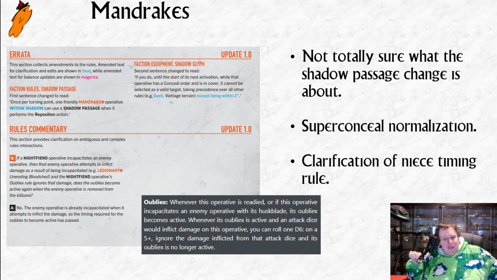The Shadow Glyph is the Super Conceal normalization. And then we've got a really niche timing rule. I'm not sure how somebody asked this question. It's very stupid. Question. If a Night Fiend operative incapacitates an enemy operative, then the enemy operative attempts to inflict damage as a result of being incapacitated, such as the Legionary Unending Bloodshed, and the Night Fiend's operative